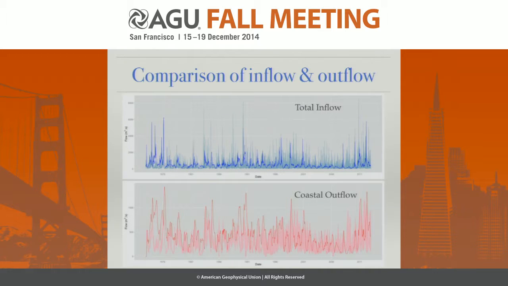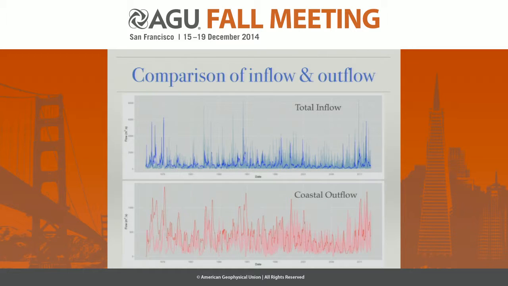But if we look closely, we can see that in the times when we were not doing so well before, the ensemble seems to be containing the gauged inflows. That suggests that we not only have a problem of how much inflow we have, but where. We have the inflow in different places than we should, in the wrong places. So even though looking at the total inflow we might think that we're doing okay,